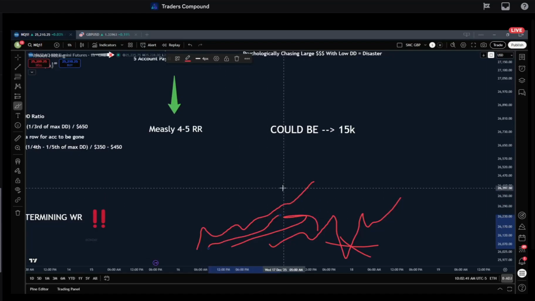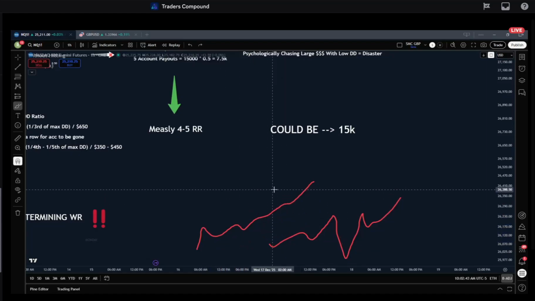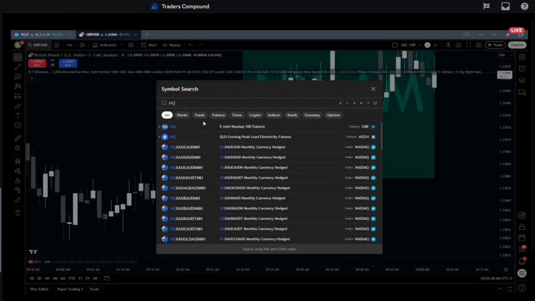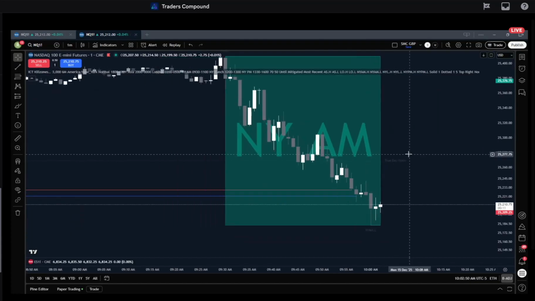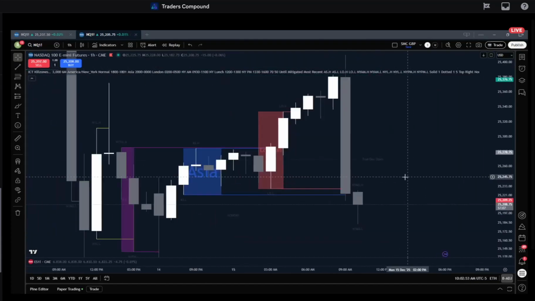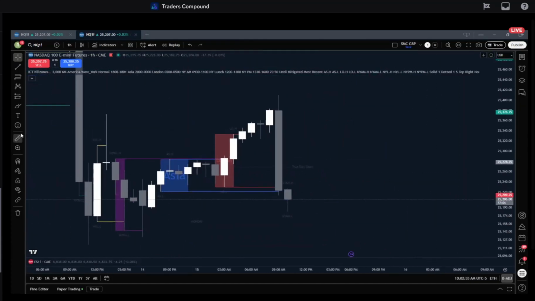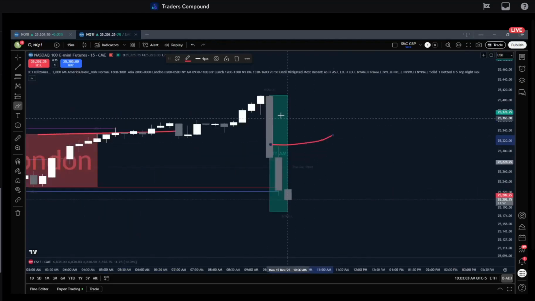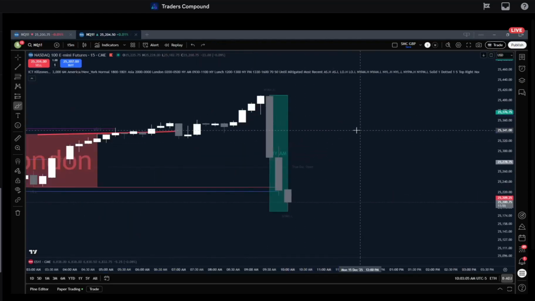Okay. So that's what I have for you guys today. Let's take a look at NASDAQ. And again, let's just kind of cover what I see. So the reason I'm not interested in longs is we don't have a session draw on liquidity. All session highs are taken. We don't have any imbalances higher. I wouldn't be upset if some of you guys took the rebalance to the 15-minute gap. I get that. Like, sure.